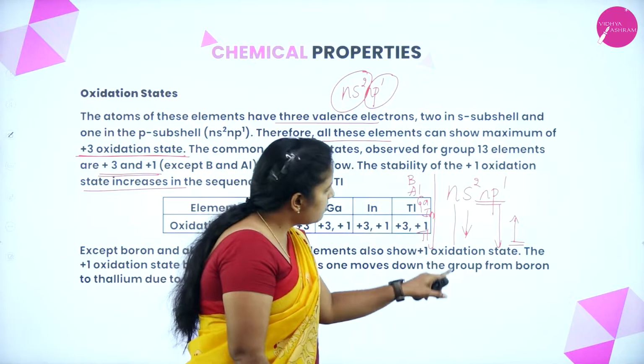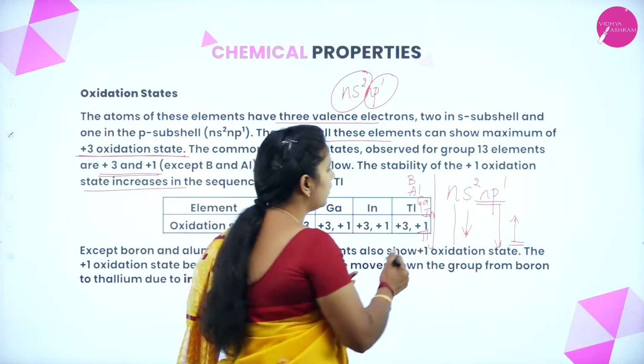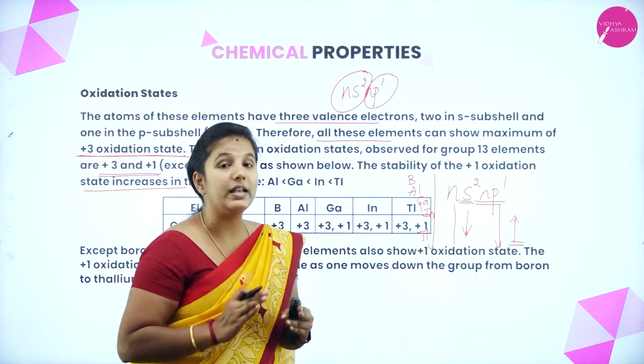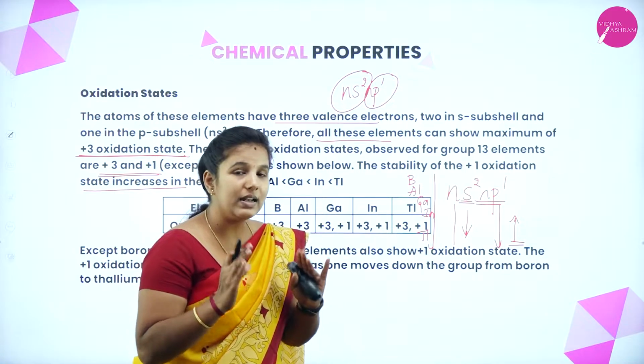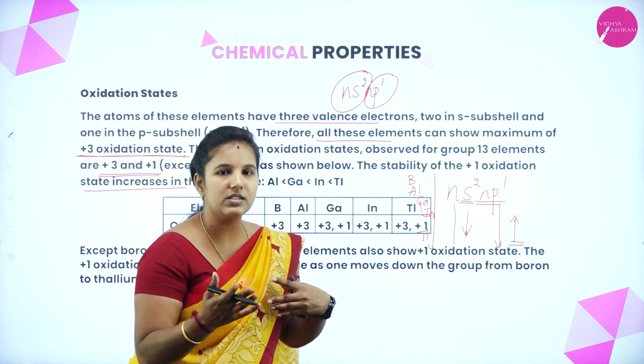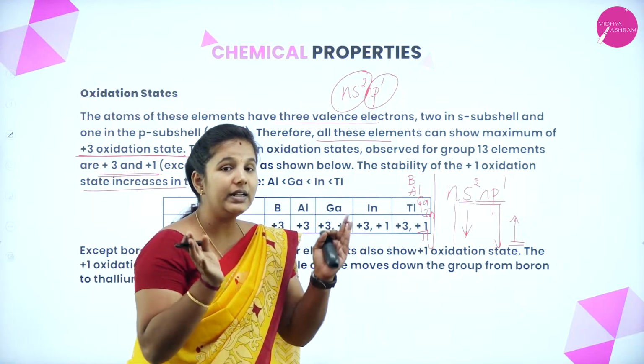But as we move down the group, the ns2 electrons, the 2 electrons in the s orbitals, become completely inert. Due to the inertness, they do not react with any other element, so they do not share, accept, or donate electrons. Due to this inert pair effect,